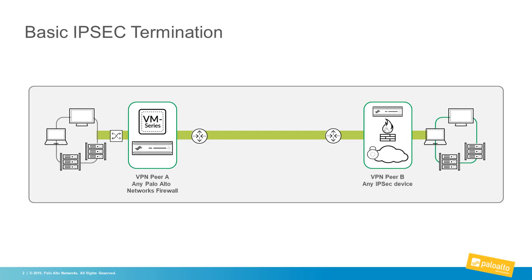What we're talking about here today is a basic IPsec termination on a Palo Alto Networks device. On the left-hand side, you'll see VPN Peer A. This can either be a VM-Series software firewall or a hardware-based firewall. All of the configuration that we're going to be talking about will be exactly the same. On the right-hand side, this can be another Palo Alto, some other vendor, or any standards-based IPsec